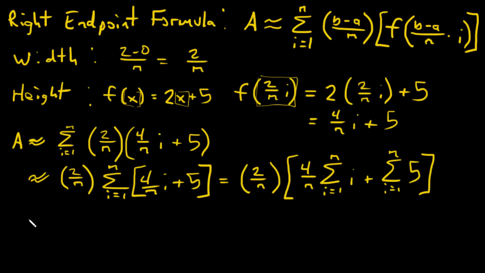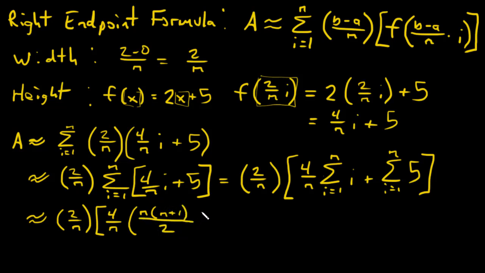So my area is going to be approximately 2 over n times, big bracket, 4 over n, and what does this evaluate to? Well, this evaluates to n times (n plus 1) over 2, that formula, plus,